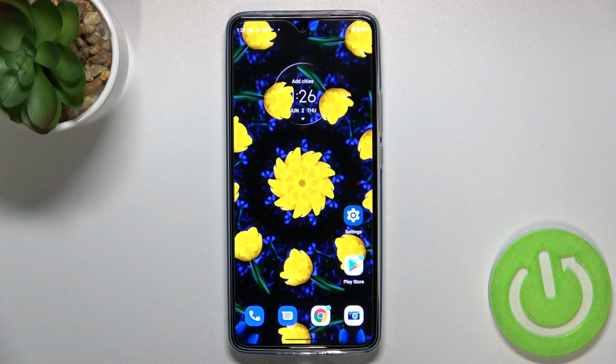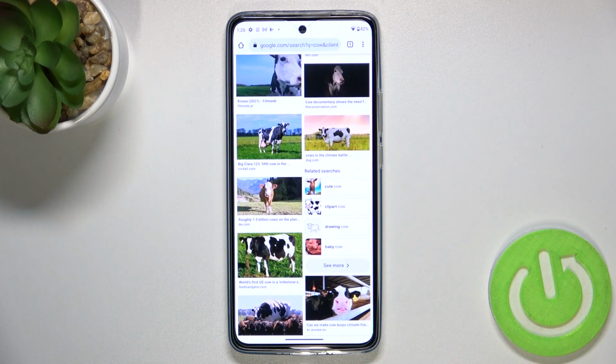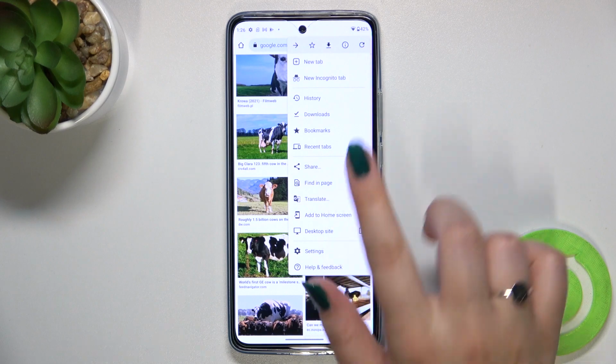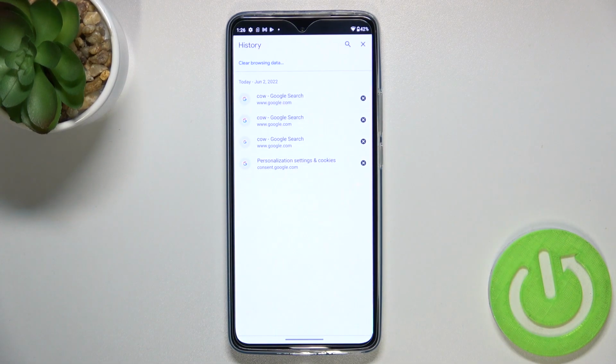Hi everyone, in front of me I've got Motorola Edge 30 and let me share with you how to clear the browser on this device. So first of all, let's open your browser. In my case it will be Google Chrome, and now let's tap on the three dots icon in the right upper corner. Now let's enter the history, and as you can see here we've got the list of all previously